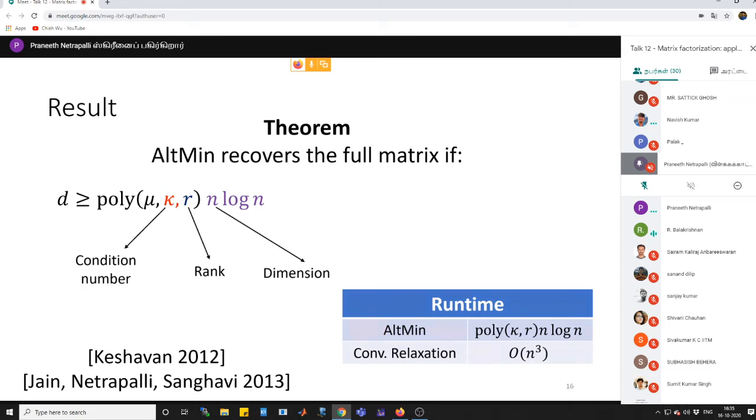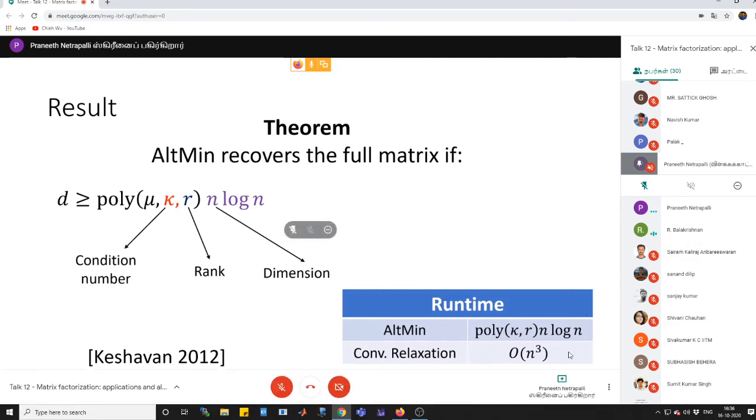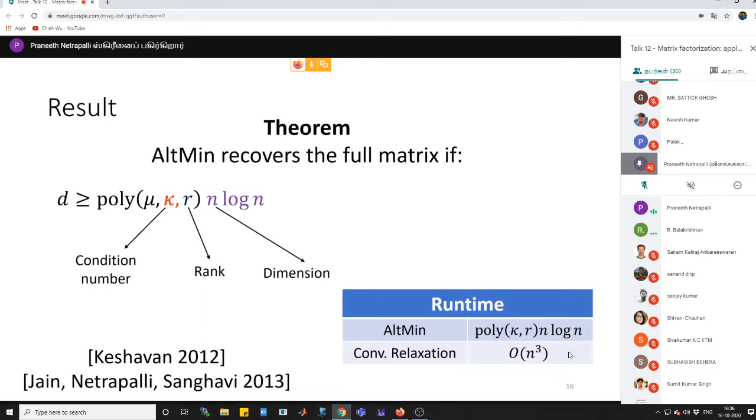Are there special cases where the complexity is less? People have not studied special cases further than this. This is the standard setting. People have studied other settings, but not necessarily special cases where it's faster. For example, people have studied the case where samples are not coming uniformly from the entire matrix, but maybe larger entries are revealed with higher probability and so on. So there are other models of sampling that people have studied, but not special cases where you get better results.